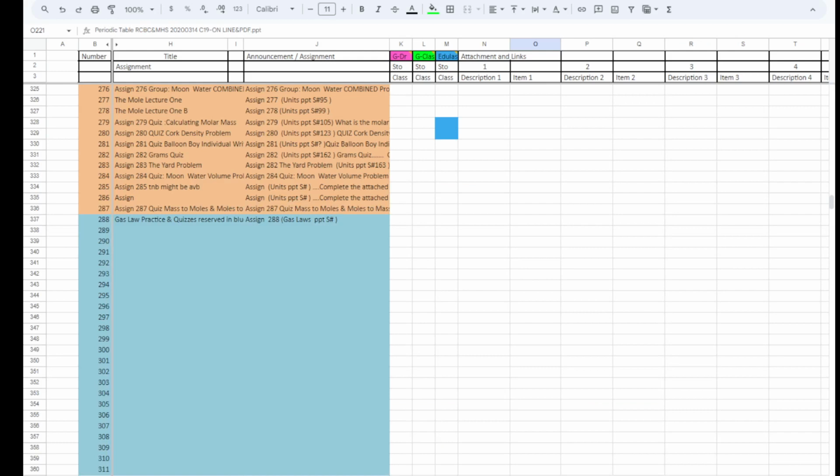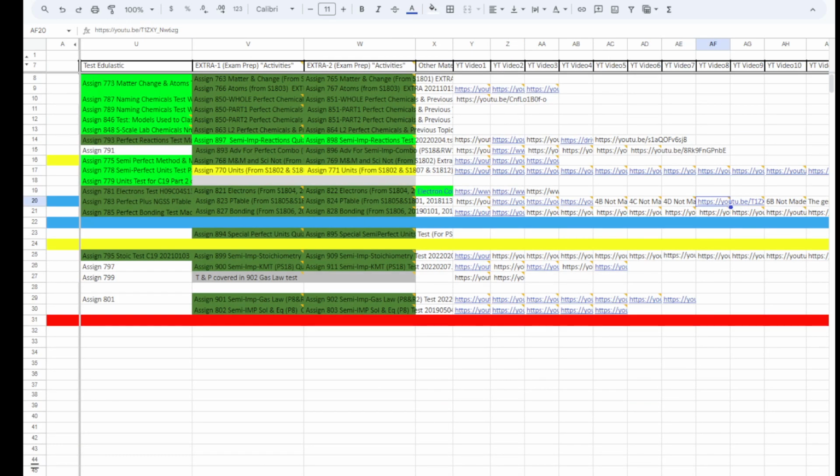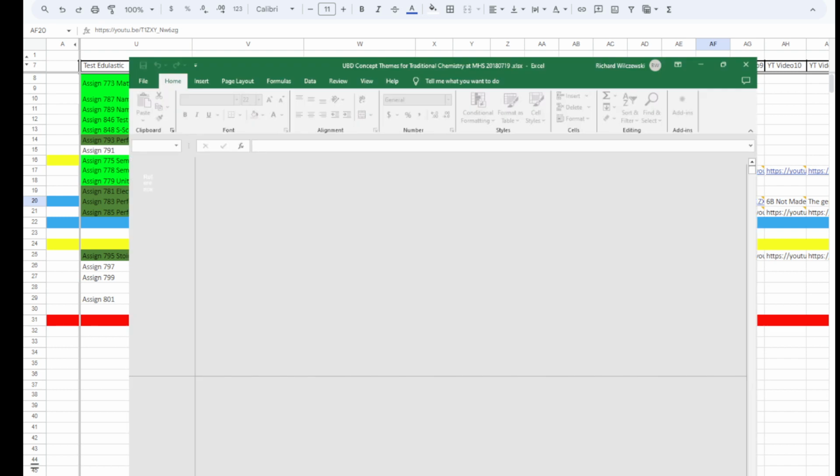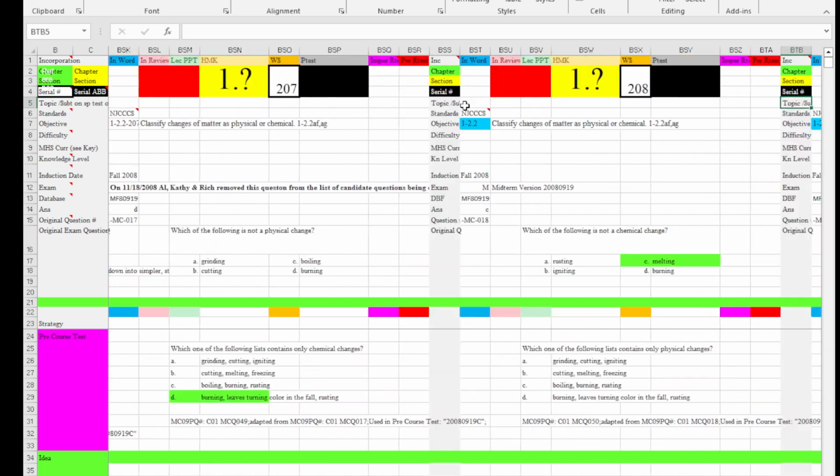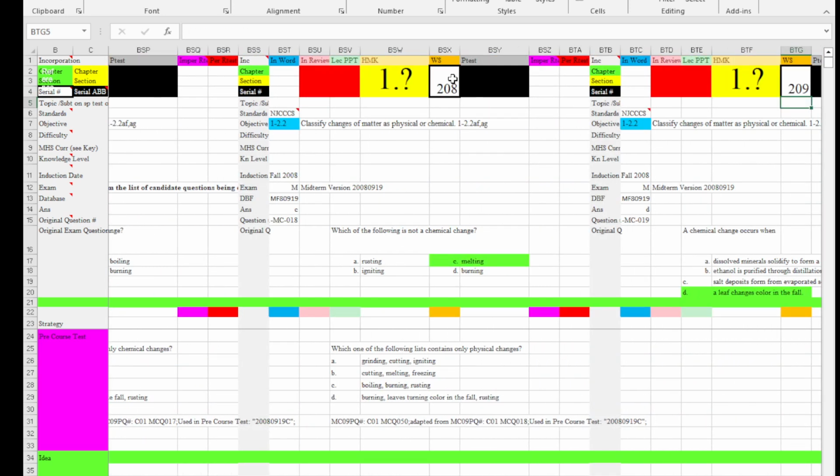While that's loading, the skill and concept spreadsheet lists all the skills that we test on, that we expect the students to get during the course of the chemistry class. Okay, there it is. The numbers that I showed you before that are part of the objectives are listed here in these white boxes. So a number like 208 is a particular skill. In here we've listed the question as it would appear